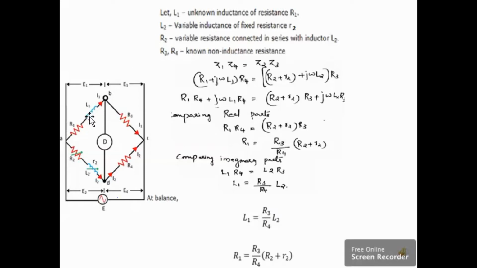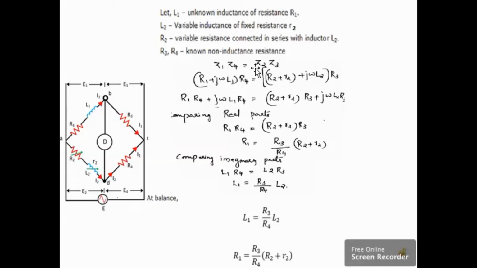This L1 is the unknown inductance of resistance R1. L2 is the variable inductance of its resistance small r2. And capital R2 is the variable resistance connected in series with the inductor L2. R3 and R4 are non-inductive resistances. So in the previous video, we derived the general expression for bridge balance,